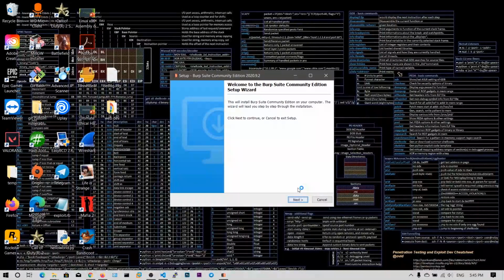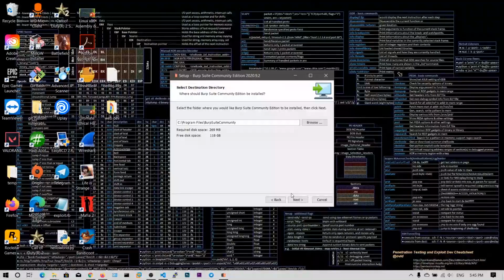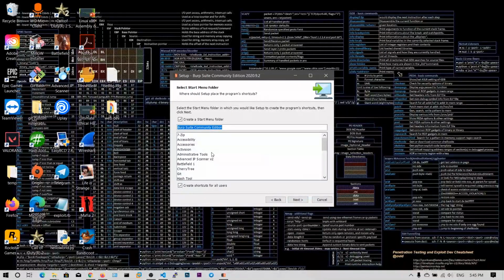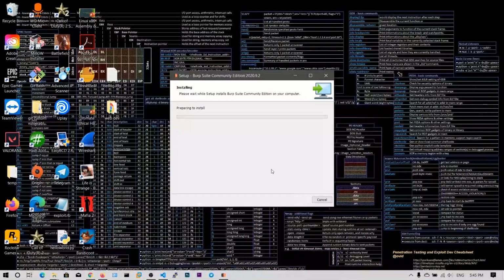Click on next, and okay, next. I am fine with this installation directory. Okay, now it's going to create a new folder in Program Files. Next.